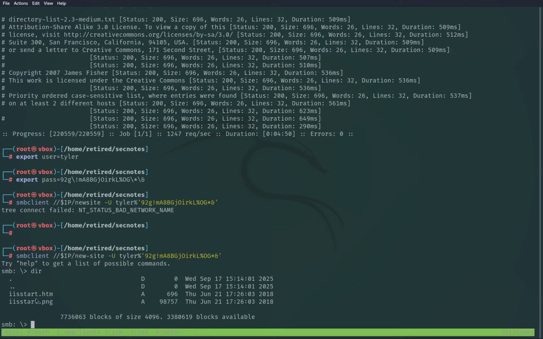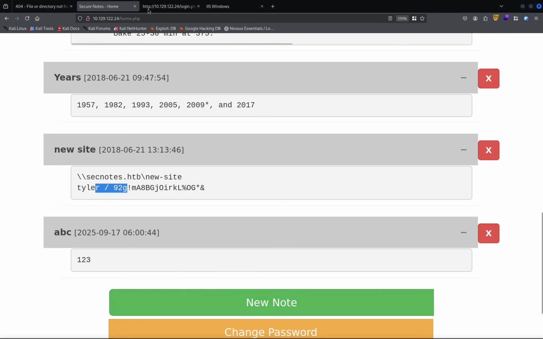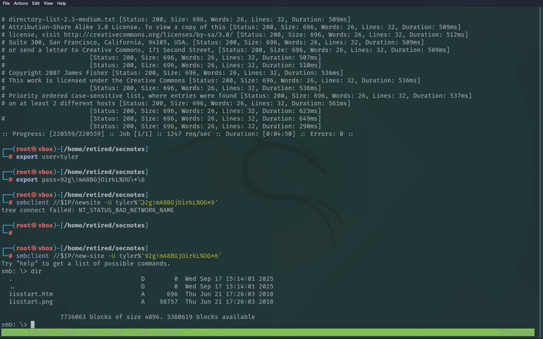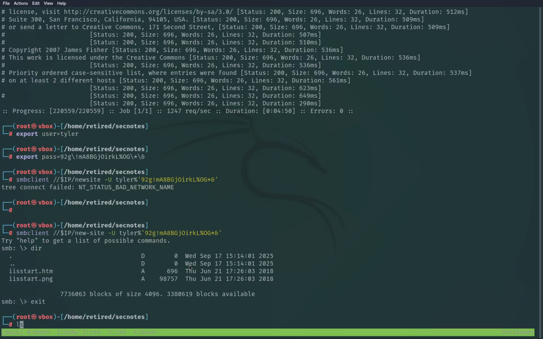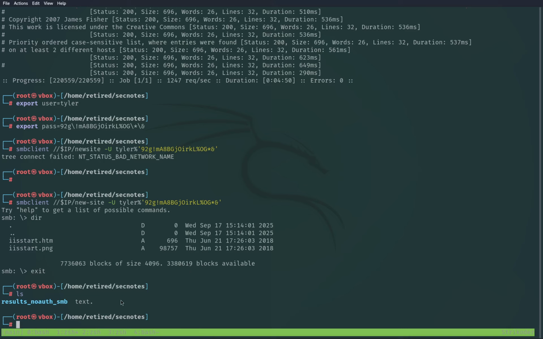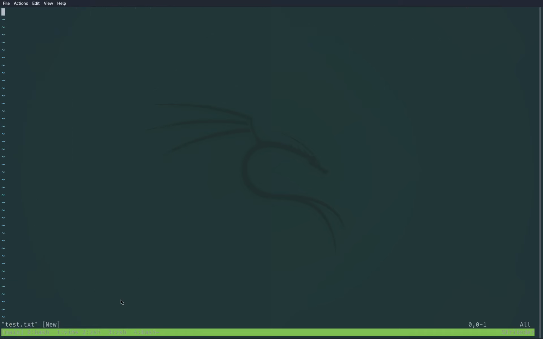So we have two folders over here. IIS. Okay, so IIS, that's the folder we have over here, so we can upload and get a reverse shell. That's great. Let's try to upload something. Exit. So we have vim test.txt. I'm gonna try. So it's a Windows machine. That's an ASP. So I'm gonna start with a text hi